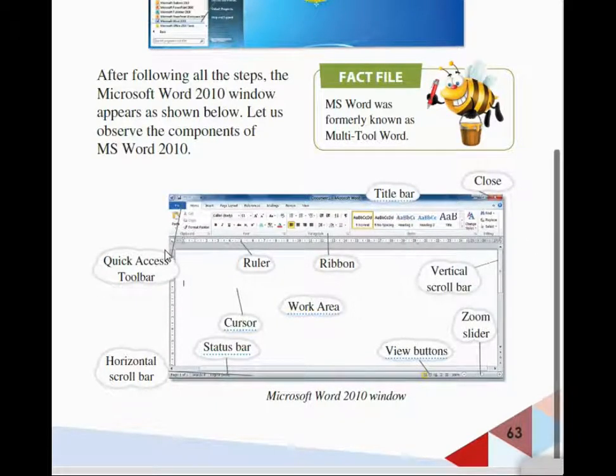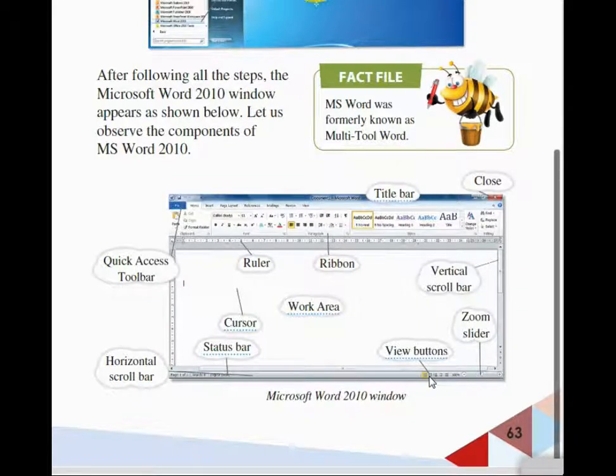And here, we also learnt about the components of MS Word. What are the different components of MS Word? They are the title bar, close in the right corner, and quick access toolbar in the left corner, ribbon. Below the ribbon you can find the ruler. You can see the vertical scroll bar. Under the vertical scroll bar you can see the zoom slider.